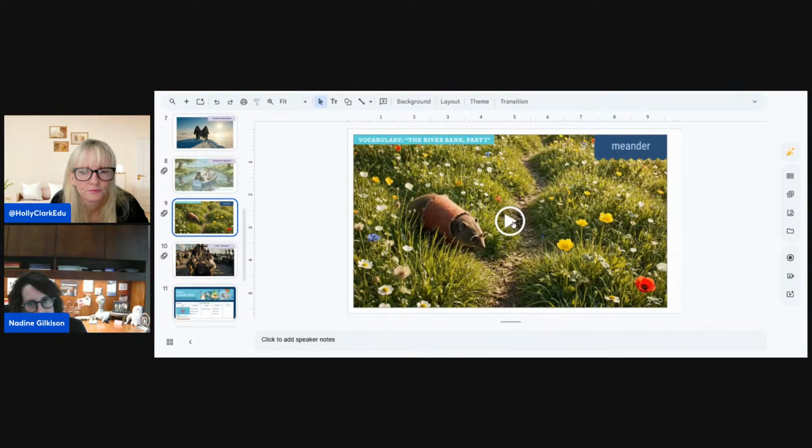And this is just another one. And maybe there wasn't a card to go with it, but I wanted kids to understand these are the vocab words, but what does it mean when it's used in the term? We know that the kids are doing stuff with Wind in the Willows. So then it's not just meander. Do you know what it means to meander through the lens of that book? So when I was prompting Veo, I was saying,